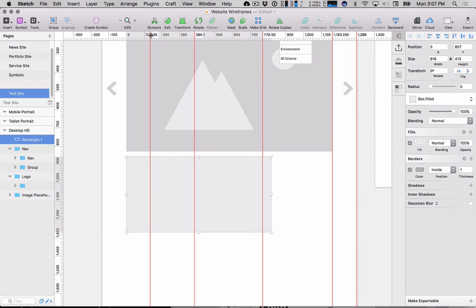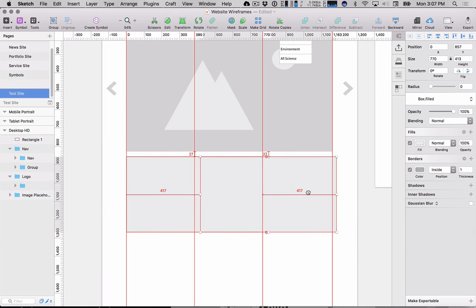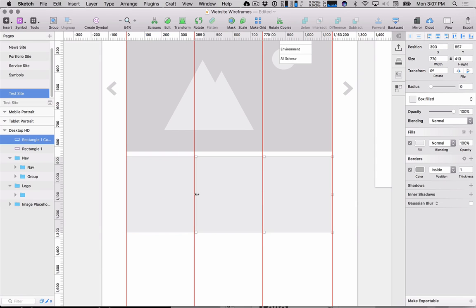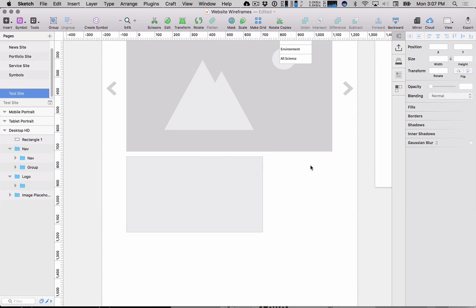All right, let me get rid of this guy and that guy. I'll just put one there. All right, so there's my 3 columns. So you can do that math really quickly. I'm kind of just clicking and dragging. Although actually that's going to be text, so let's leave it empty for now. So if I'm going to have an image here and then some text over here,